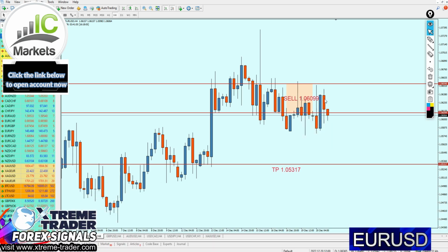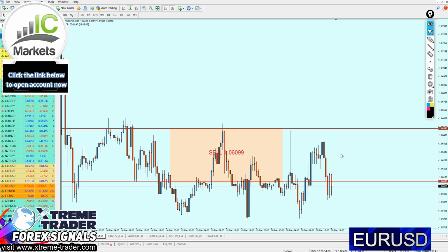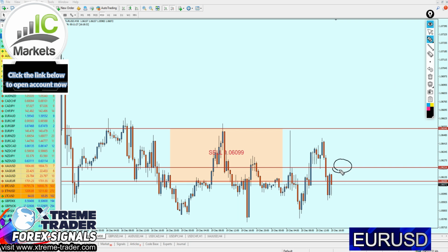It was just inside of the safe zone, and it's currently running at about 3 pips of profit. Yay! Anyway, the Euro USD is still gonna reverse in my opinion, but let me go to the 30-minute time frame. We are facing a support level exactly right there at 1.06039. I'm expecting the Euro USD to rise again a little bit more till 1.06214, and from that point I think we can start shorting the Euro USD again safely, hopefully this time,